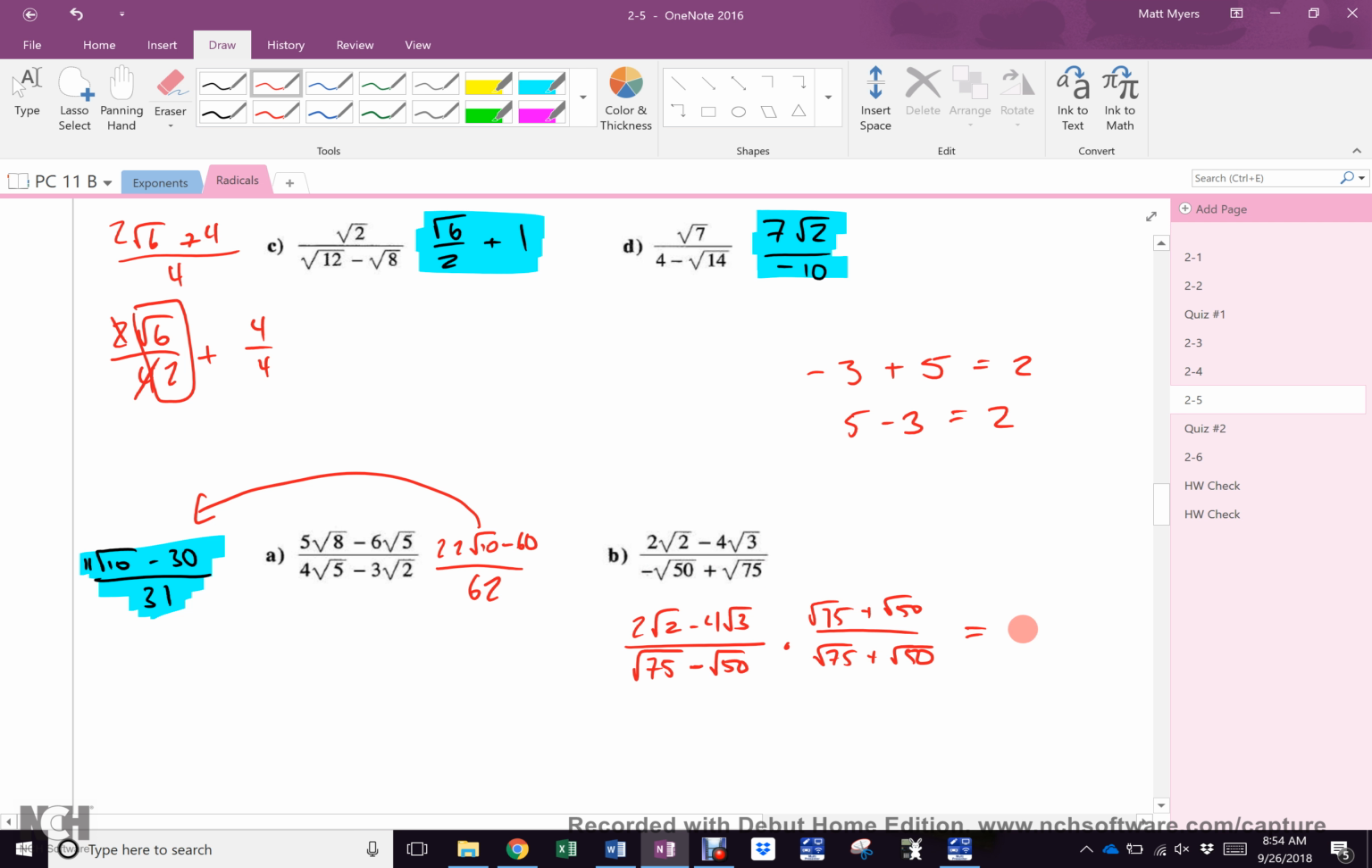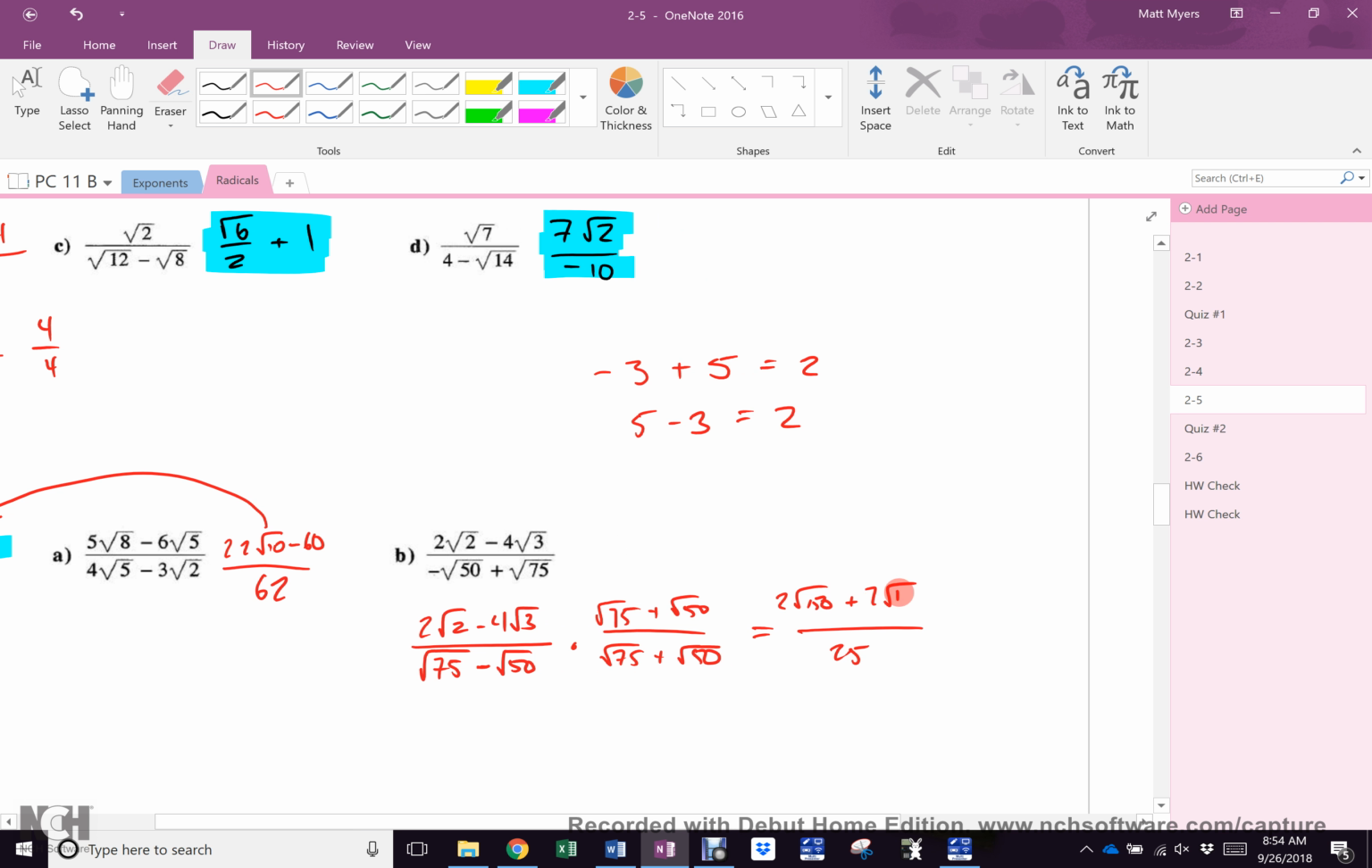Now, it's super easy. The bottom is just 75 minus 50. Right? Which is 25. And then the top gets a little hairy, but you're smart kids. 2 root 150 plus 2 root 100, because 2 times 50, minus 4 root 225, 75 times 3,